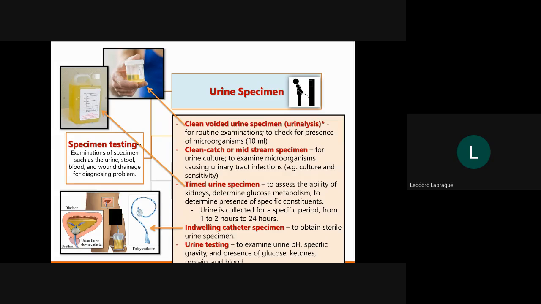Also, presence of glucose, especially if the patient is diabetic, you would see also that there are some sugar in the urine. Or it could be ketones. Ketones are fats, okay? It could also be protein in the urine. Or most probably, we use this testing to see if there are blood in the urine of our patient. We call this one as urine testing or urine dipstick, this one.